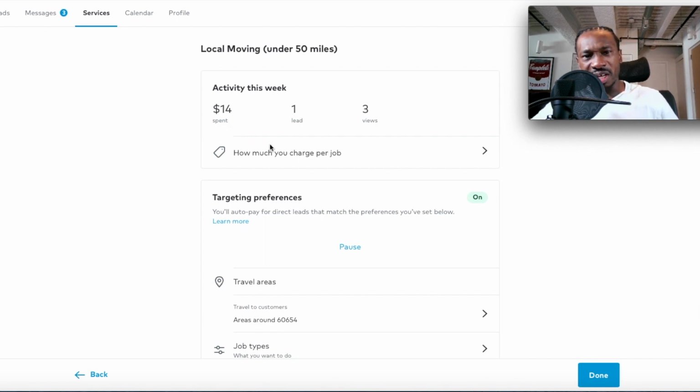So the moving industry, depending on your market, the rates kind of fluctuate. I'm in a big market. Taxes here are high, and Thumbtack does pay those certain taxes. I don't know why. It's taxed by our county because this is a service we're providing, and you can't tax a service. Even us paying Thumbtack for the leads is a service. They're providing us a service. It's not a good. But for some strange reason, Cook County taxes them, and they pass those taxes along to us. So that's why the rates are a little bit higher here, because I'm in a highly taxed market. But anyway,